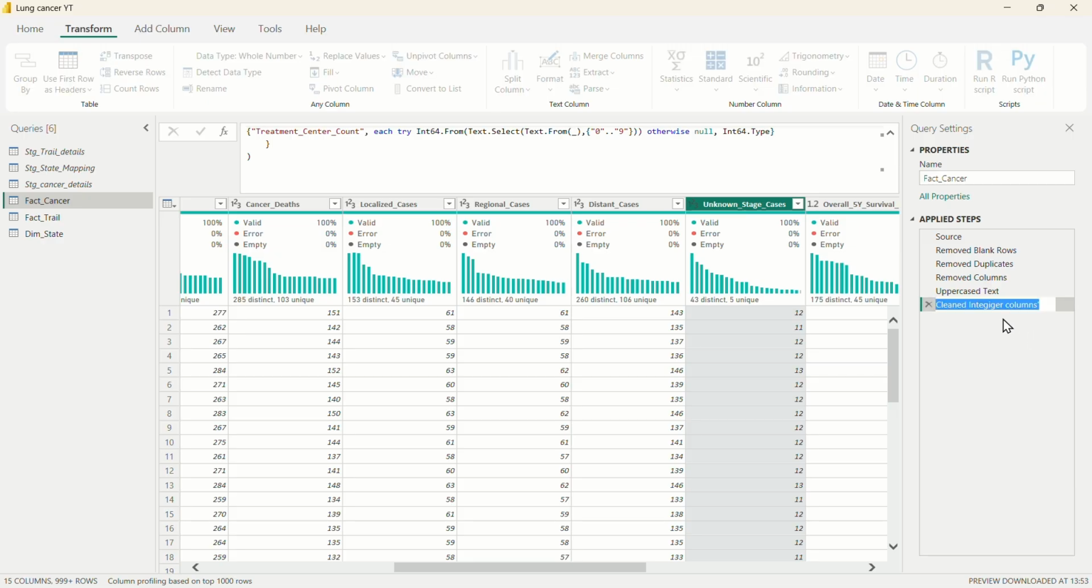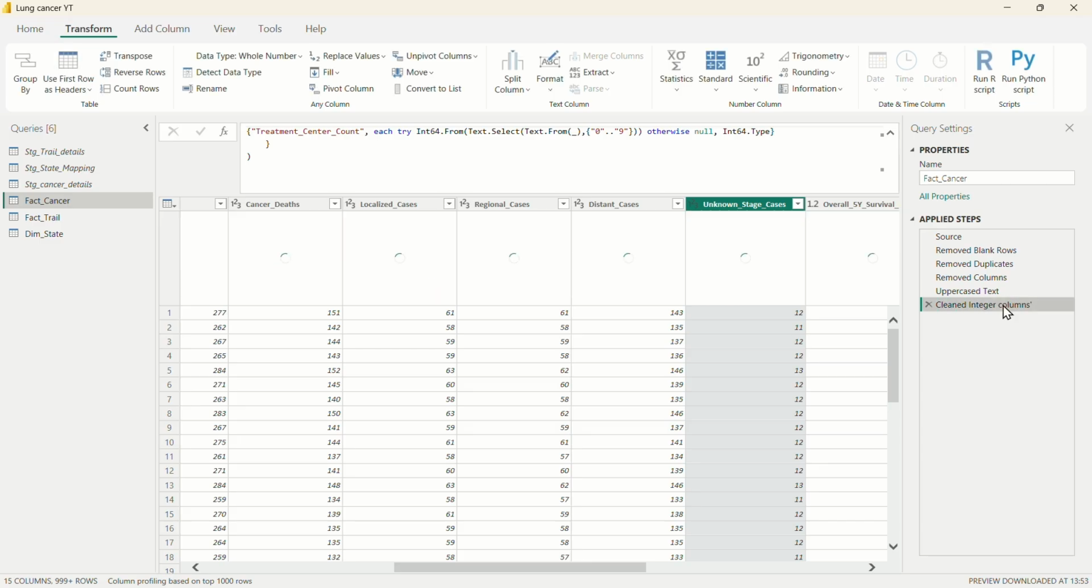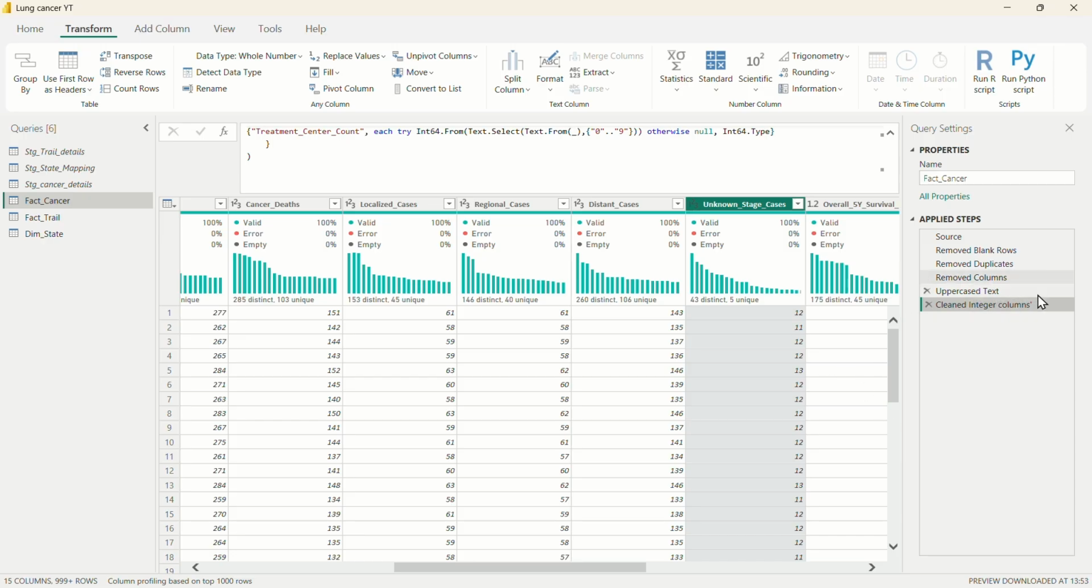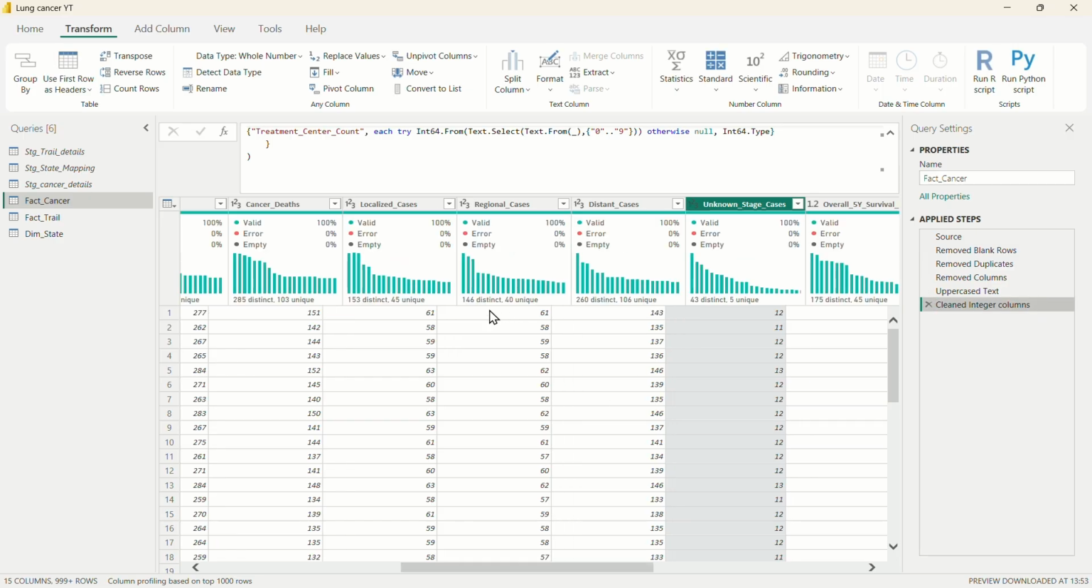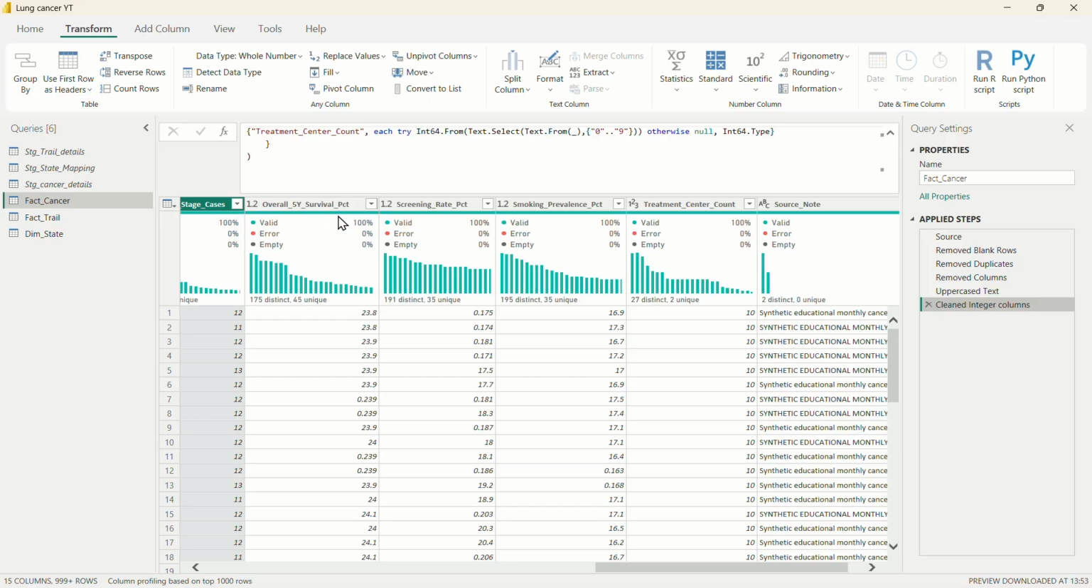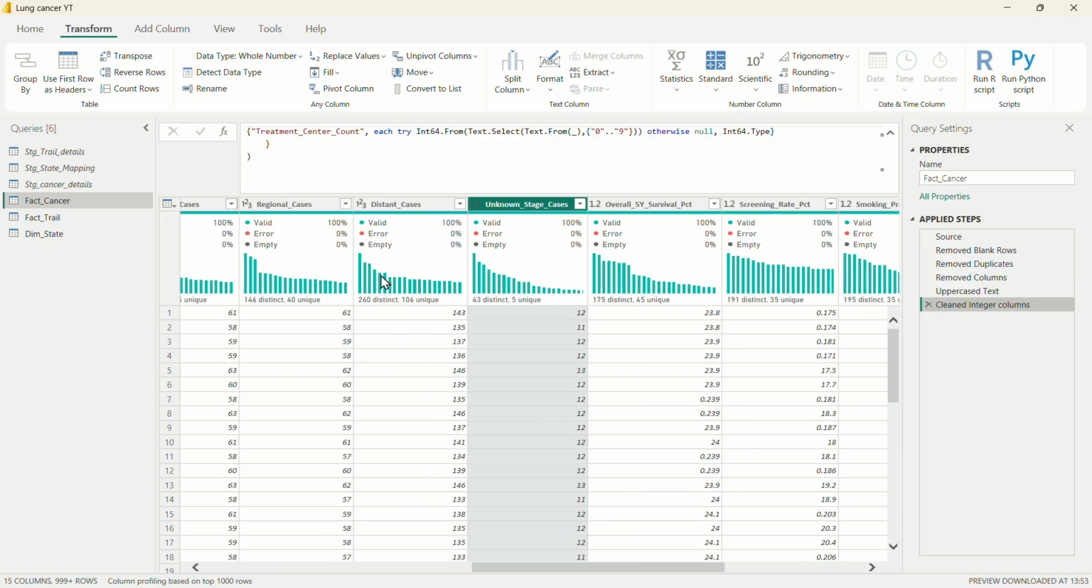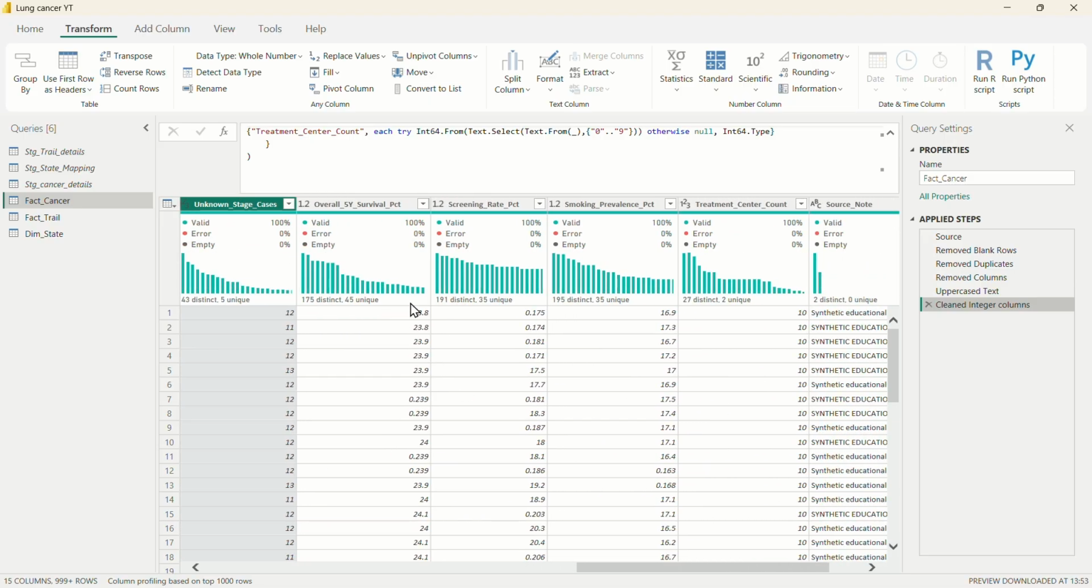Right click and rename it. Okay. So our decimal numbers, integer columns have been cleaned now. So what will our next step be here? Our next step will be to clean this percentage